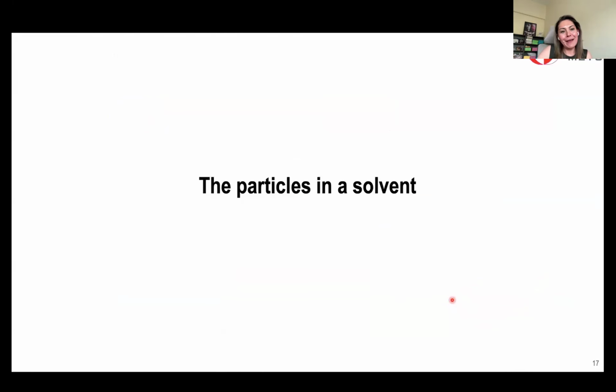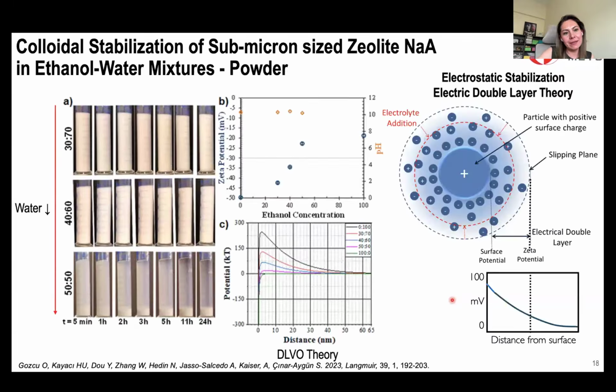Non-aggregated particles. Now they are ready to de-agglomerate them. So we still need to work with the recipes. So what happens once we put those particles in a solvent? Here we are back in that zeolite case. What you see here is that we have 70% water, 30% ethanol in that mixture. For that process, we need to replace that water with the organic solvent.